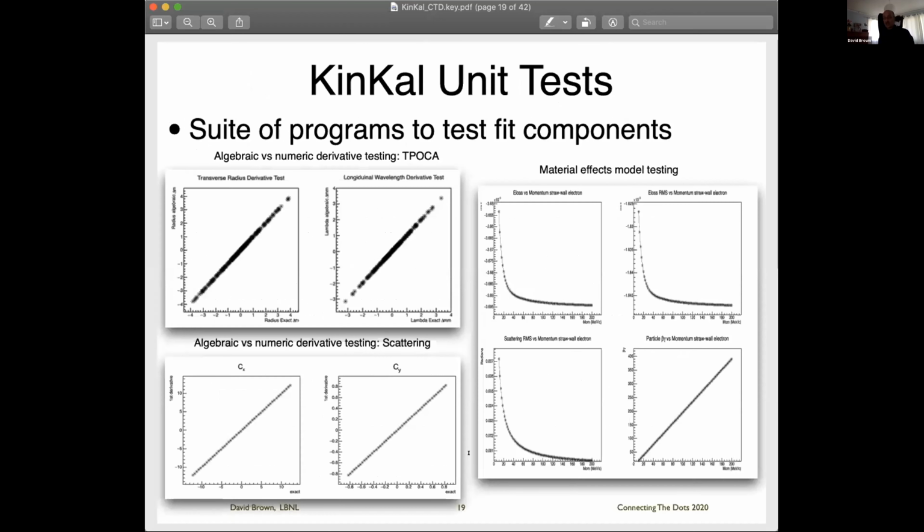So the Kinkal package includes a number of unit tests. Every single individual component of the algebra in particular needs to be validated in order to get a fit of this complexity to actually function. So these are tests, for instance, of the time or position of closest approach calculation, comparing the algebraic specializations against a numerical estimate. Again, for the scattering, you need to know how these affect